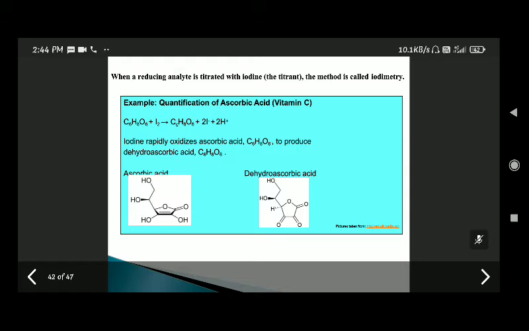Okay. Why is dilute sulfuric acid only used? Why not HNO3? HNO3, nitric acid, is itself an oxidizing agent. So it will oxidize the reducing agent that you are using. So HNO3, nitric acid, cannot be used for acidification here. You are using only dilute sulfuric acid for acidification.